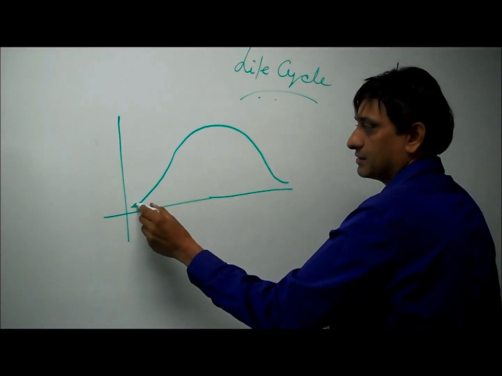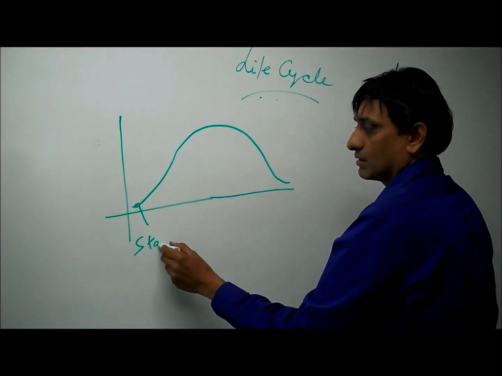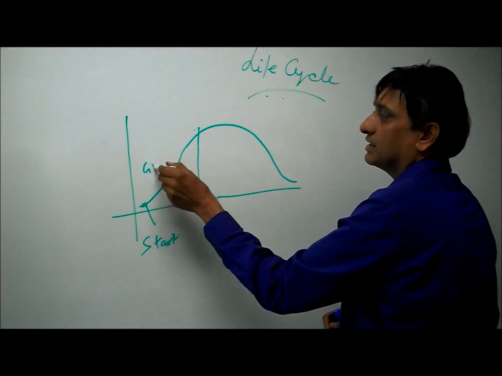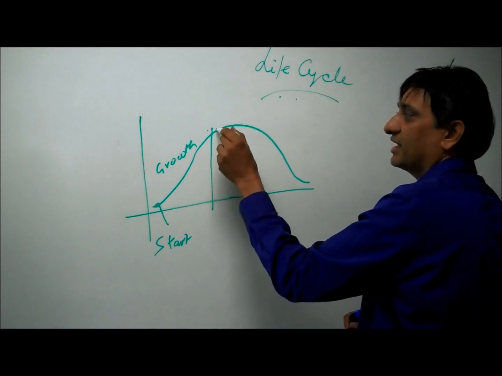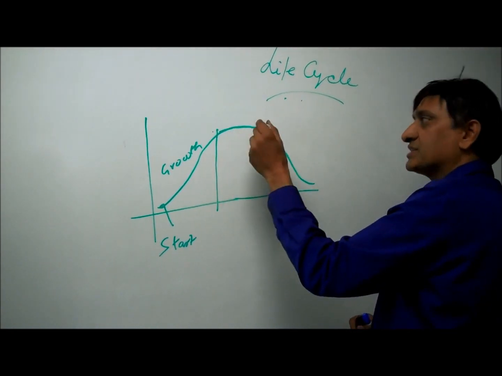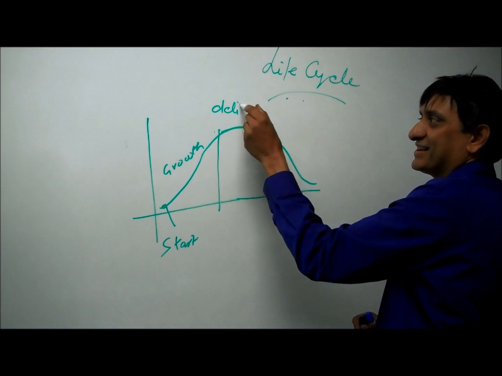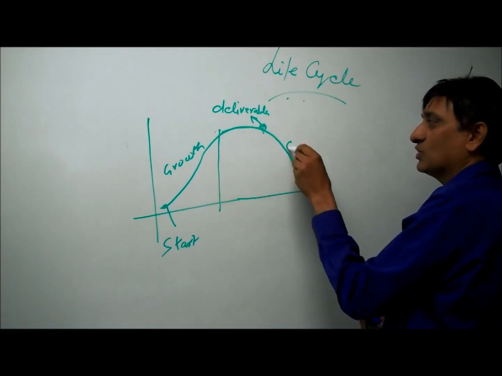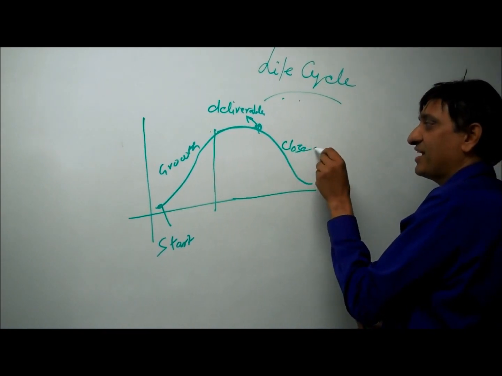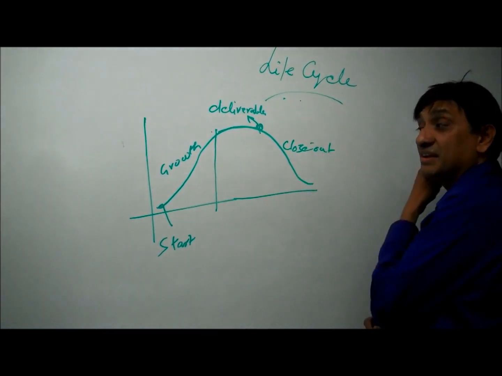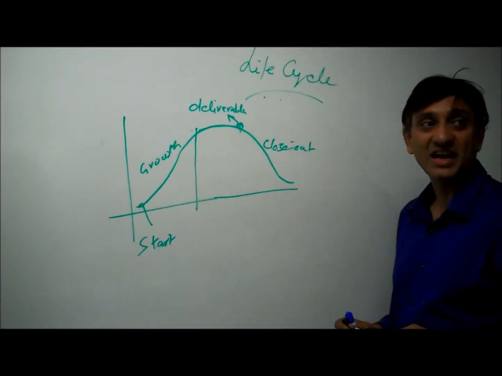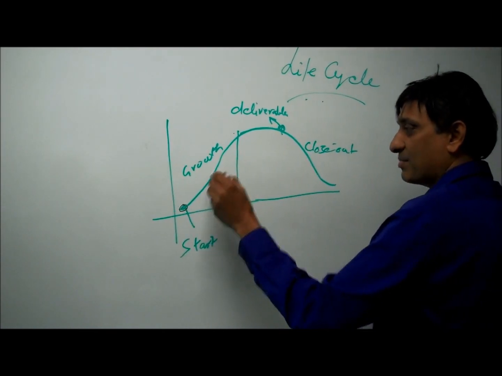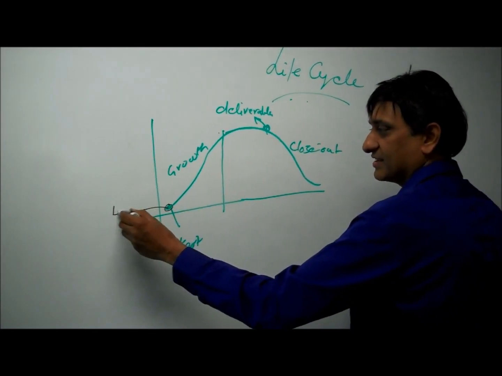So from the start to the growth of the project, there are different requirements, and as the project goals are being achieved, let's say you're creating the deliverables here, and then you start to close out. At every phase there's a different need. So we as a project manager have to understand where we are in the project and what it takes. So for example, here you're starting, so you need less money, right?